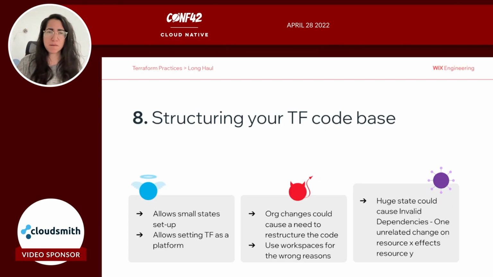Okay, so to sum things up in regards to structuring your Terraform codebase, the good thing is really thinking things through and planning ahead. If you, for example, take the first example that I showed you with the feature-oriented one, then it allows a small states setup. And small states is a very good practice to have. Also, the feature-oriented example really allows you to set up Terraform as a platform, because that way you can let any team in your organization use Terraform.